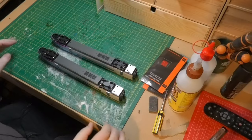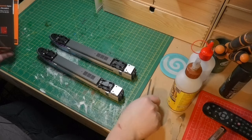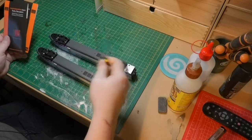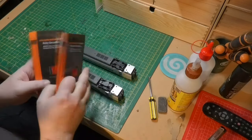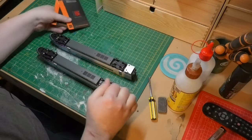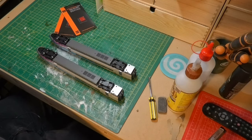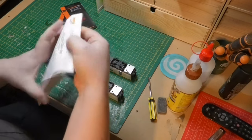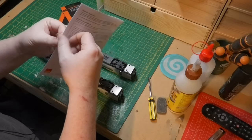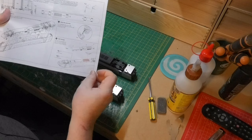Right, welcome to the workbench. We're going to have a look at getting these DCC decoders in. All I've been told is you're going to need some sort of screwdriver, and I've picked up these Gaugemaster Ruby decoders. I really like these, so I'll see if they work. According to the instructions, which are here, all I've got to do to put the DCC decoders in is